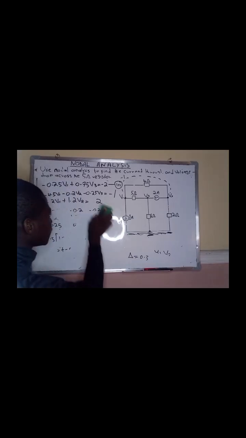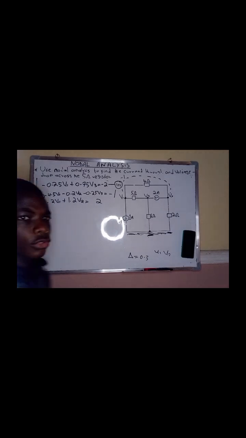I have to apply Cramer's rule. Here we apply the matrix form, and we have the determinant of the equation. So we have to use Cramer's rule to find voltage 1 and voltage 2. So how can I use Cramer's rule? If I want to use Cramer's rule, I would say that